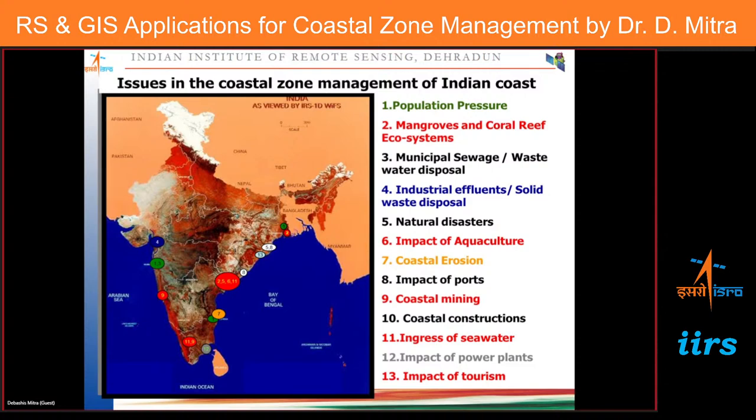Industrial effluents and solid waste disposal: lots of industry, particularly on the west coast from Gujarat. Lots of industrial effluent from the textile industry in Ahmedabad is dumped in the Arabian Sea. Solid waste disposal: the agricultural waste from various parts of the Indian coast is coming and being dumped in the coastal